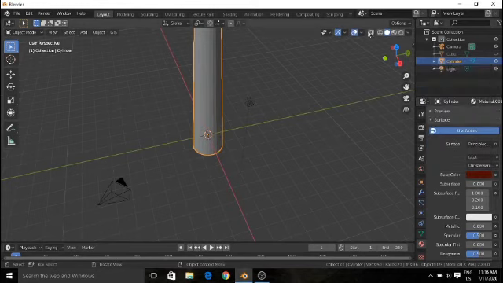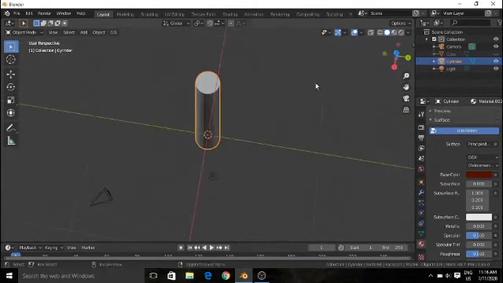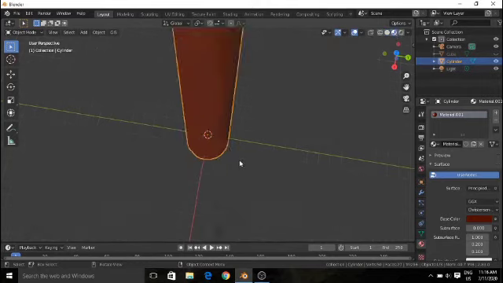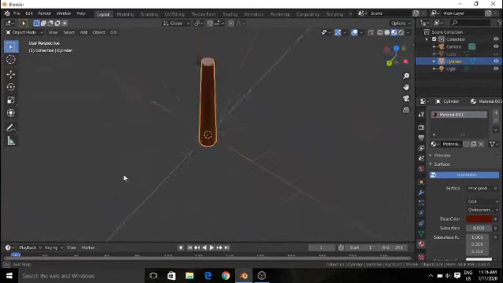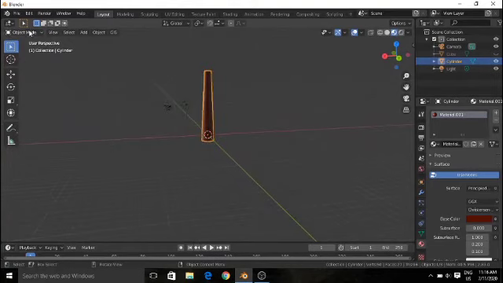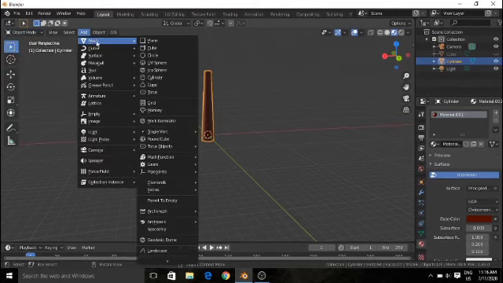And now if we turn on material texture, it will not show because we have just changed the color. So we should go to the material rendered properties. Here we can see the color of our trunk. I will go to edit mode and check it so that it looks good.